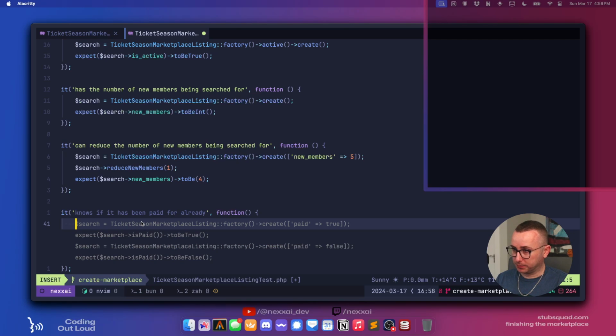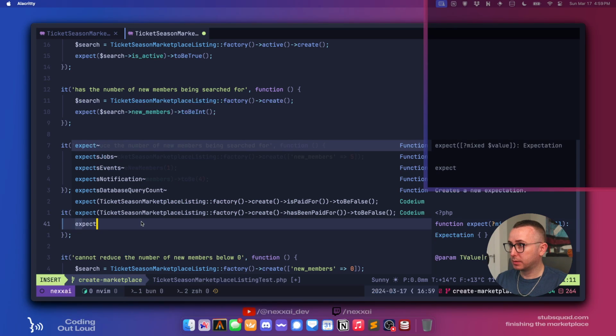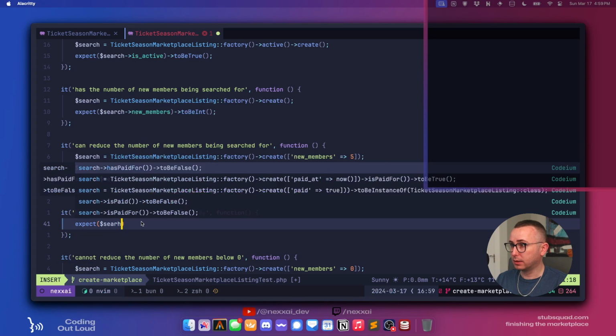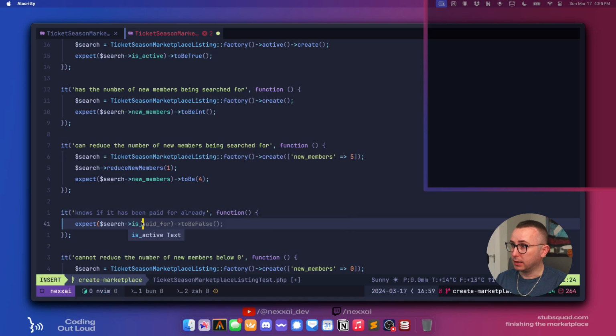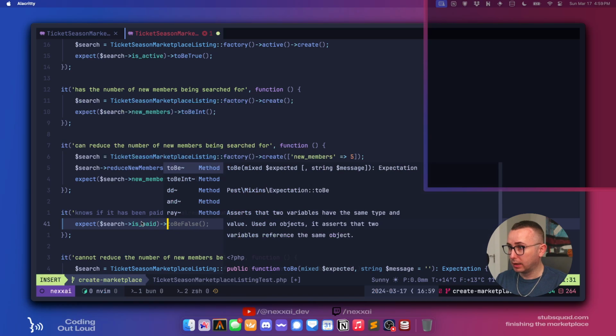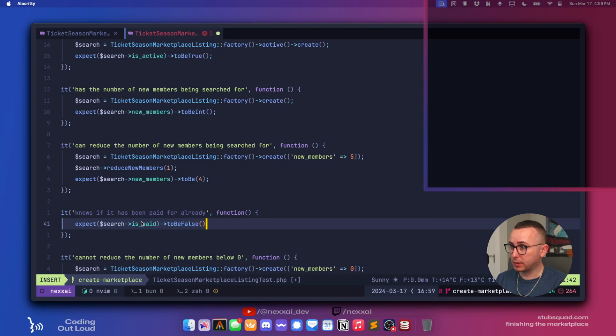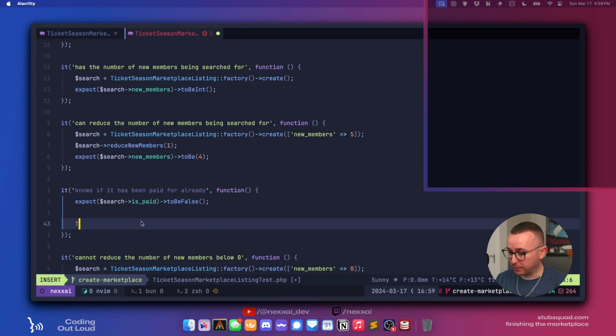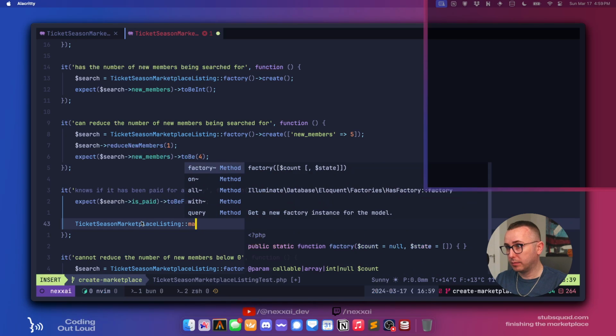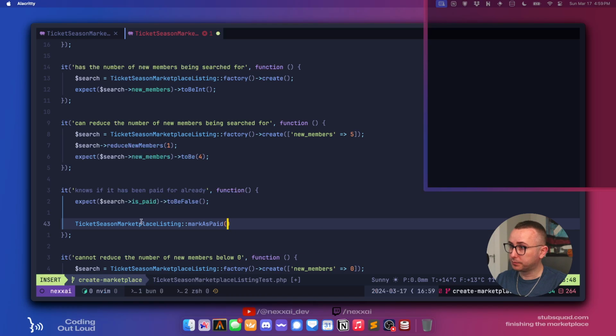We're going to say expect is paid to be false, because that's going to be the default. And then we will do some kind of ticket season marketplace listing mark as paid. No, actually, sorry. What are we trying to do here?